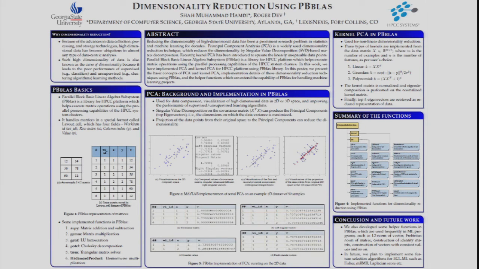PBblas is a library for handling matrix operations in HPCC Systems in a parallelized manner, and we needed dimensionality reduction algorithms to be implemented in PBblas. In PBblas, the matrices are stored in a format called layout cell, which has 4 fields: work item ID, row index, column index, and the value. So we had to convert our data matrices into the layout cell format and then apply the PCA and